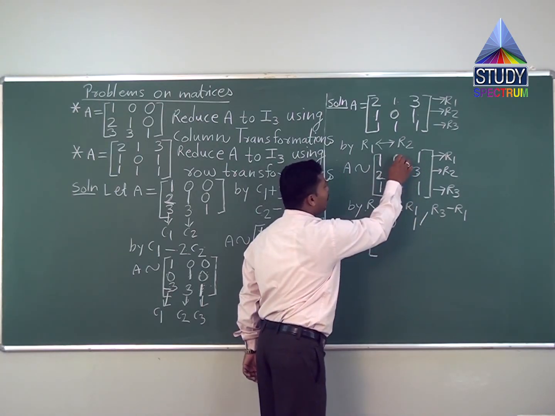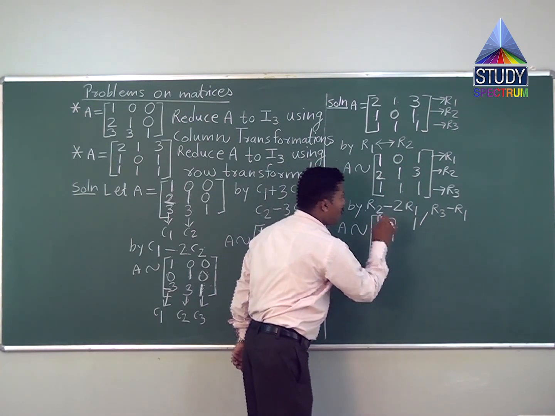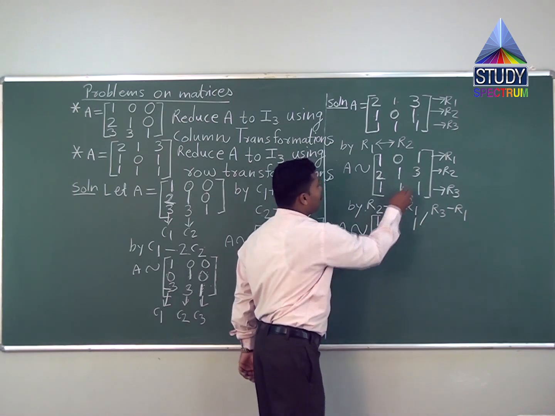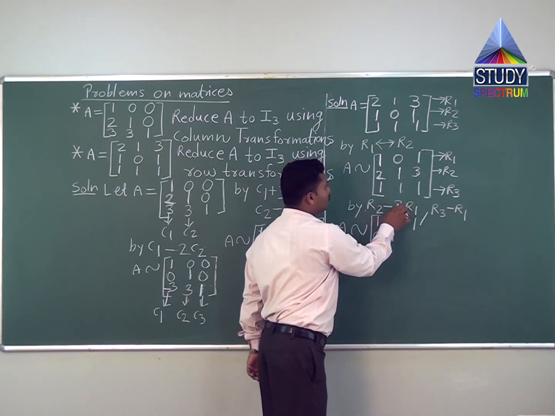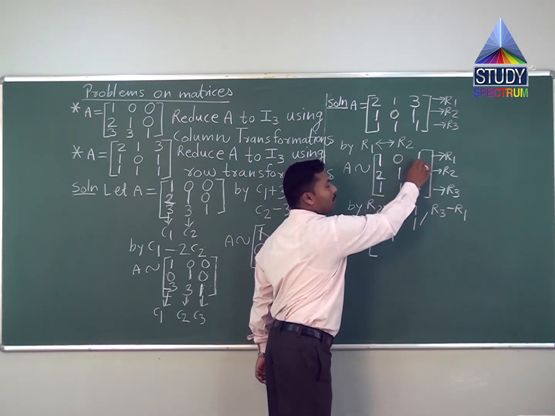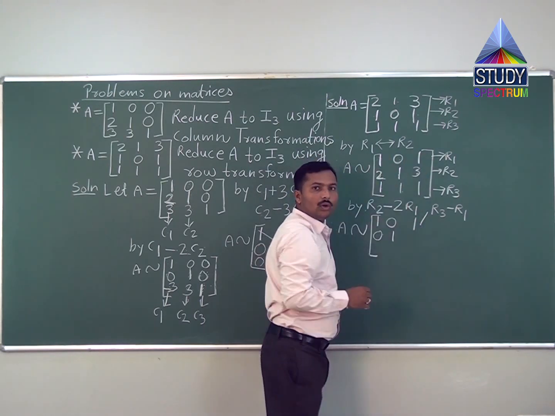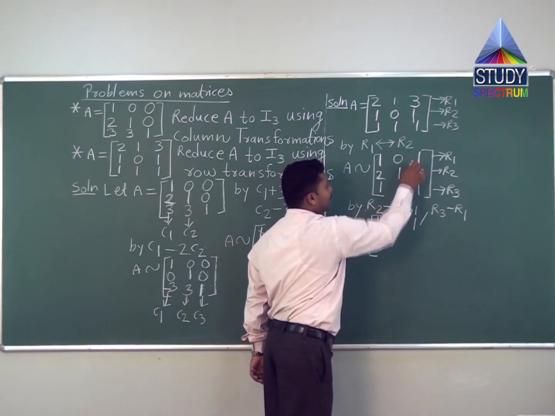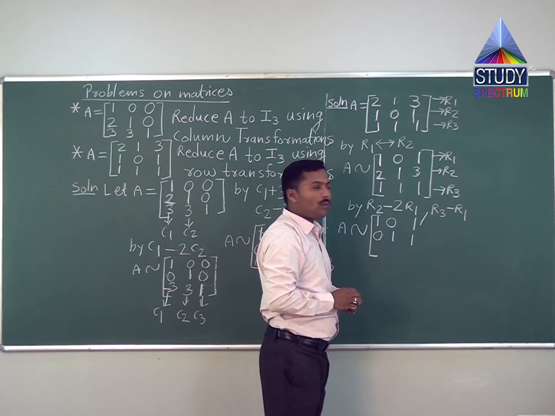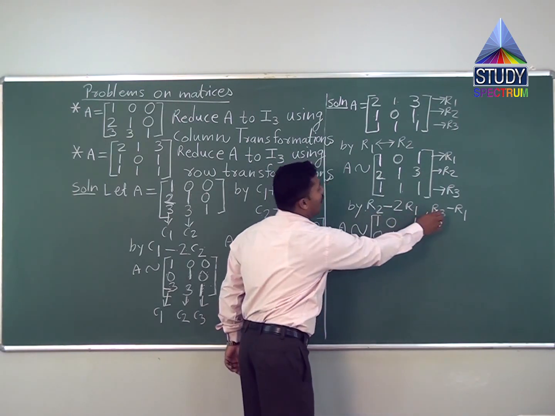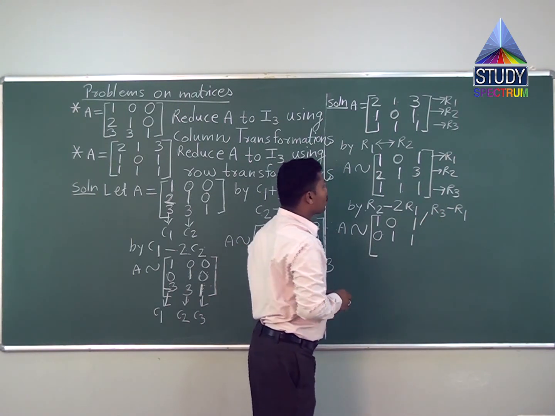So 1 minus 2 into 0 is 0, 1 minus 0 is 1. Again, the third number of R2 is 3 minus 2 into the third number of first row R1, which is 1, 2 into 1 is 2, 3 minus 2 is 1. And R3 minus R1 means third row minus first row, so 1 minus 1